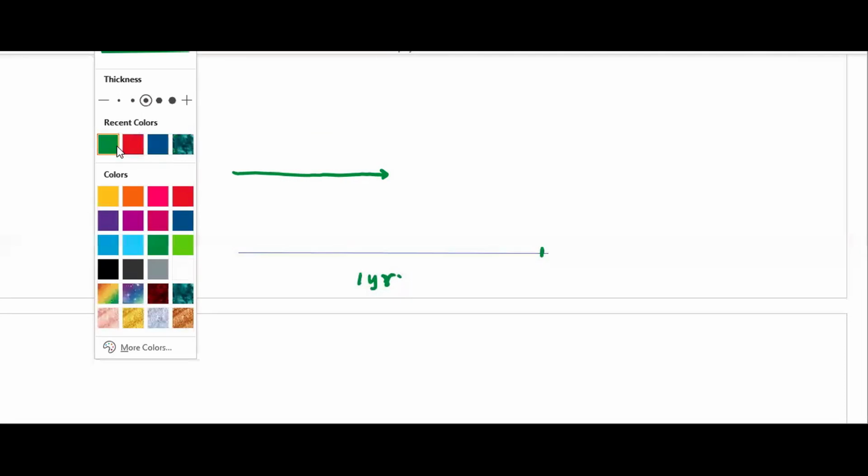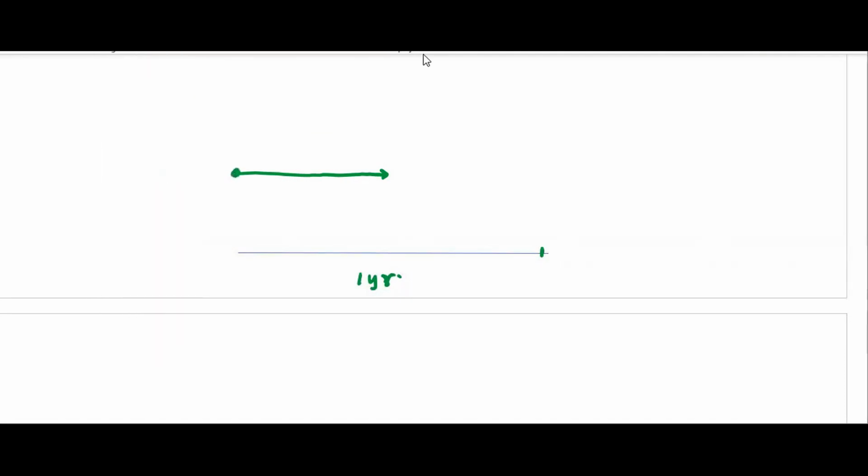This is 6 months. 0, 6 upon 12. This is 0. This is 6 upon 12. Now, if you see, 2 times it appears. So the interest rate will be,